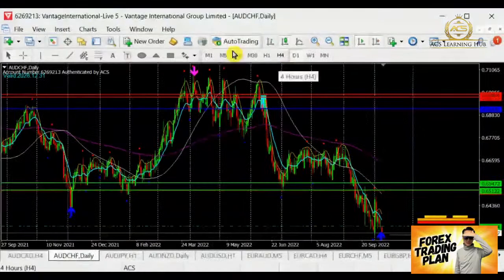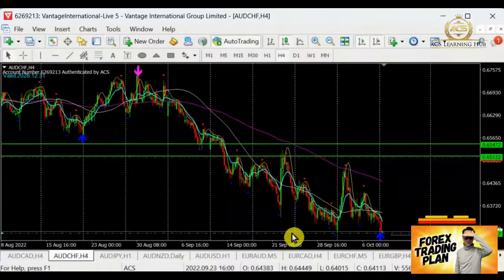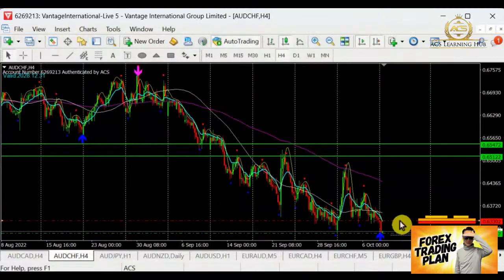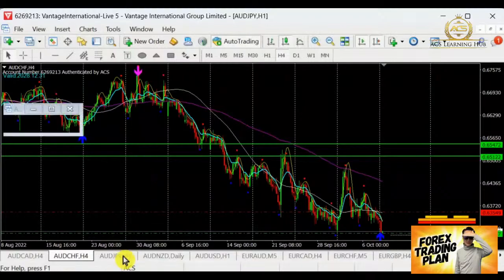All right. Aussie franc. Let's take a look at Aussie franc. Today we are also looking out for selling. Same thing with Aussie franc. We are tentatively on the support over here, as we can see right now. It's building on the support. If I'm going for selling at this area here, we may want to look at this area of resistance over here, which I think today is still going on the buy side for retracement. So currently, I will prefer to wait for a little while before I take action. So let's skip this first.